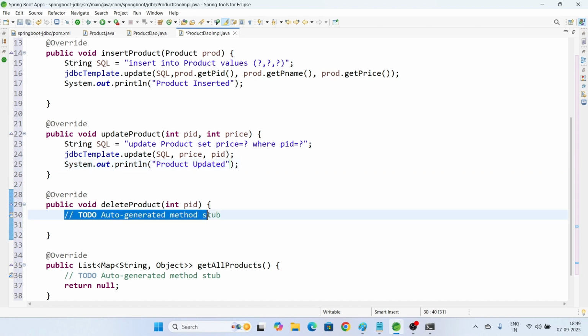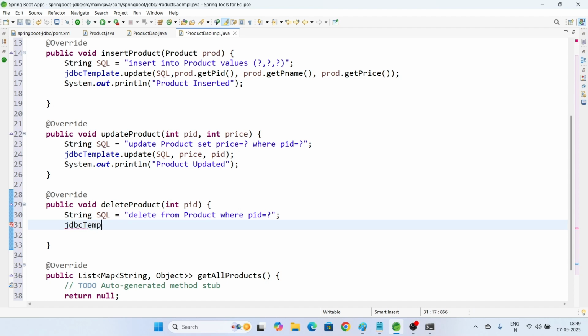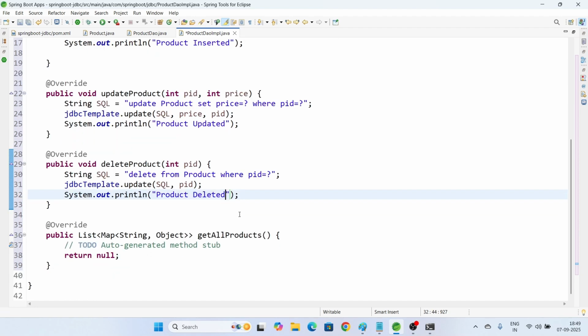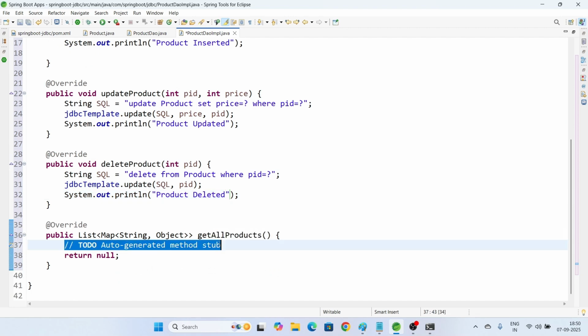Now delete product. Prepare the SQL command: String sql equal to delete from product where pid equal to question mark. Then execute the command with jdbcTemplate.update, pass your SQL command, and replace the question mark with our PID argument. Now display the message product deleted. Next one, listing of products. How to list the products? String sql equal to select star from product, and say return